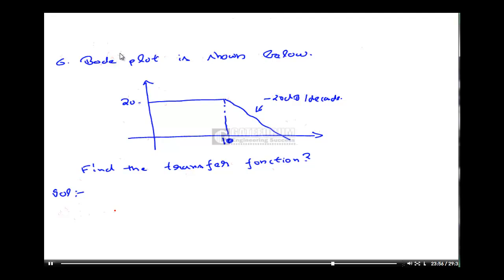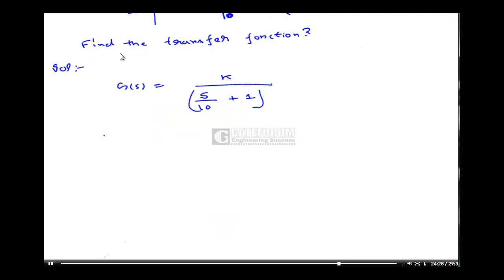Now, very simple. Since initially it is constant and afterwards at 10 it is decreasing at minus 20 dB per decade, that means at frequency omega equal to 10, it has got one pole. So I can write my G(s) as nothing but k upon (s by 10 plus 1). For smaller values of omega, the overall magnitude of G(j omega) is equal to 20 log k minus 20 log